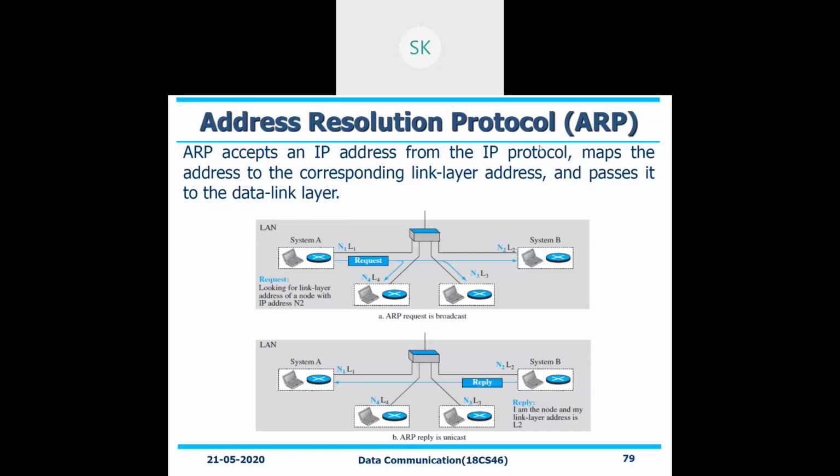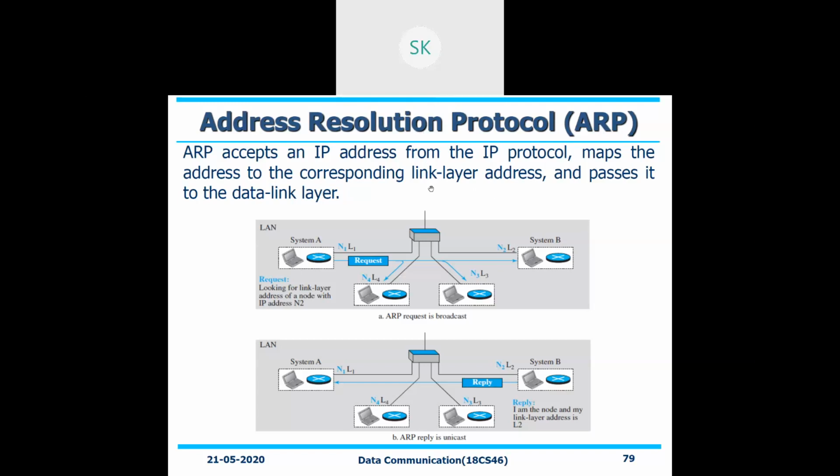Today's topic, again, we are just seeing the Address Resolution Protocol, which is very important to know in your data link layer. Why is this Address Resolution Protocol needed? The simple concept is when you are getting a packet or a frame or data from the above layer, that is from the network layer, it should be framed and then sent to the bottom layer, that is nothing but your physical layer, right?